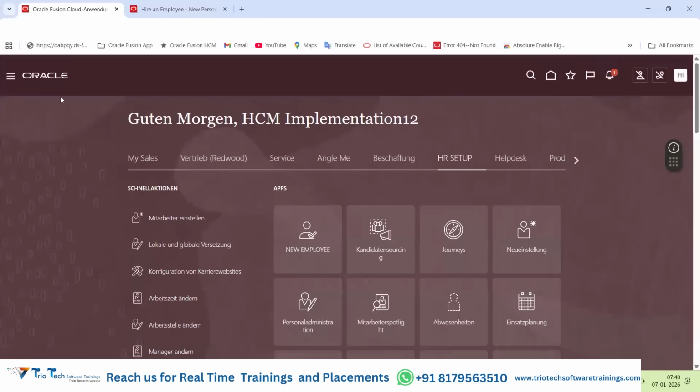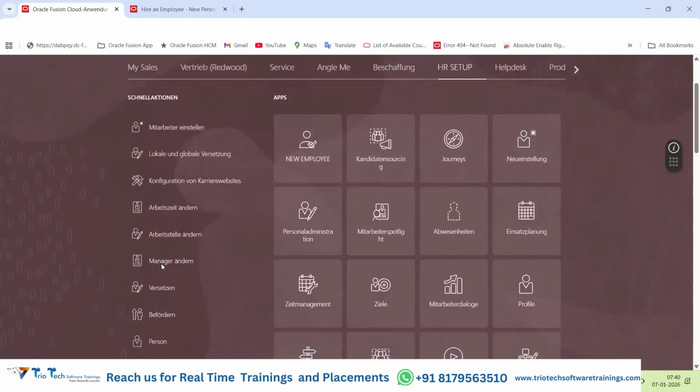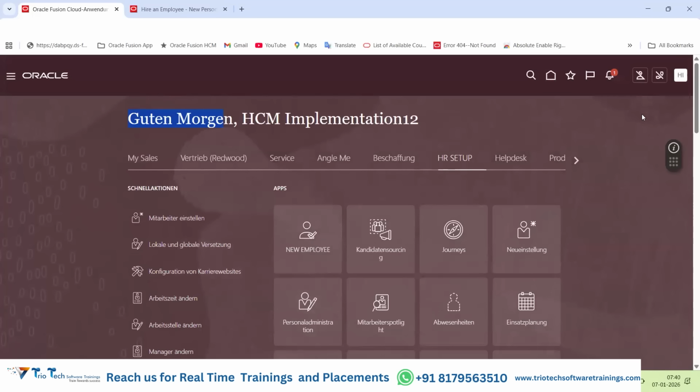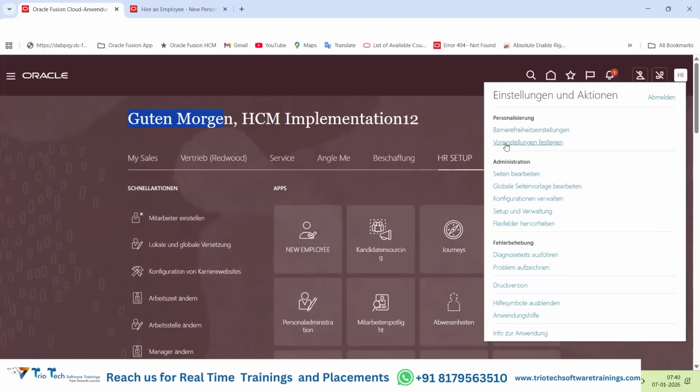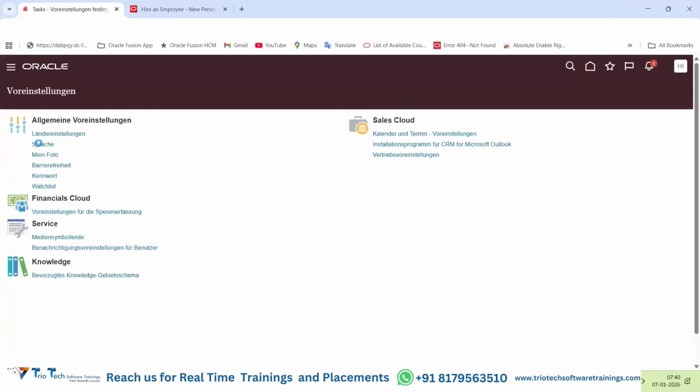See, now the entire application has changed to German. All are coming in German native. See, all the icons, everything changed here. So that you can set up team. Now again go to set preferences. Okay, then go to language and now you can go to,